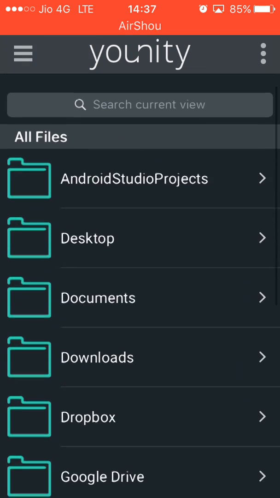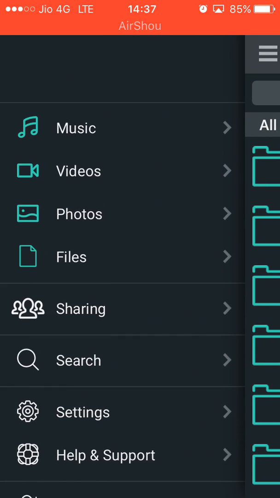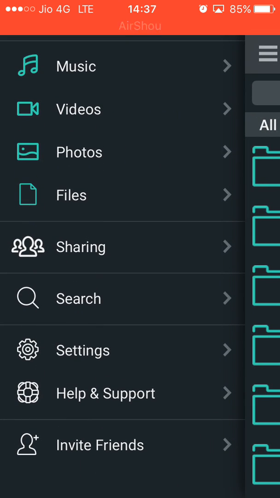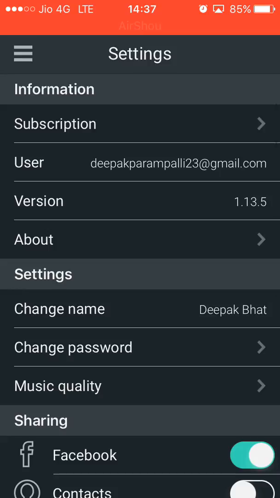Once you get to the app, there are two things here. One, it's free to use, but if you upgrade to the pro version, then you can download those files to your mobile, so that you can view those files whenever you are not connected to your home network.